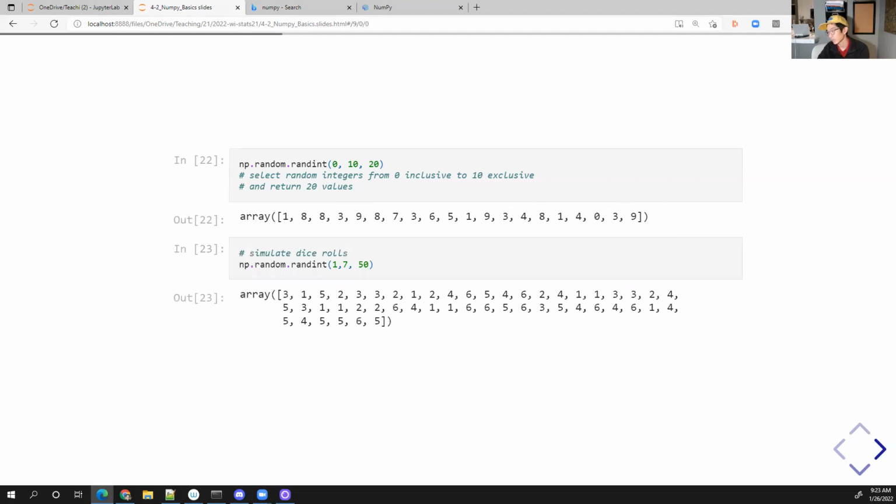So for example, if I wanted to simulate dice rolls, which will be any number from 1 through 6, I can do that. And I can just say 1, 7, and I want 50 of these things. Okay, I know it feels a little bit weird. Why not just 6? Why not just 9? Why do I have to go to 10? Why do I have to go to 7? And that's just kind of